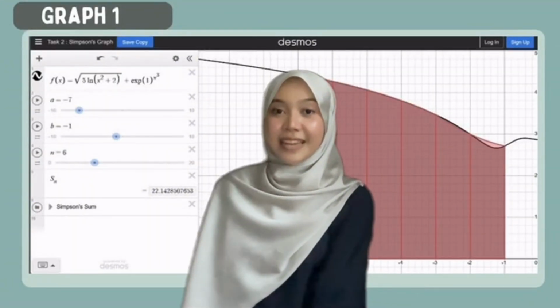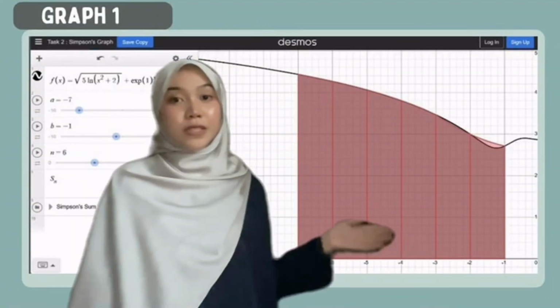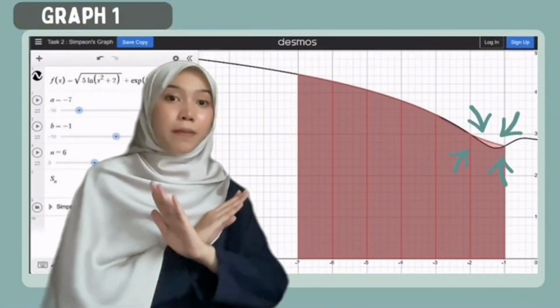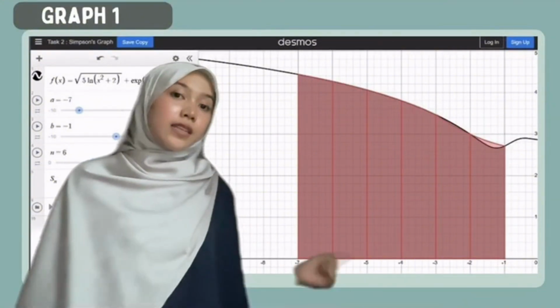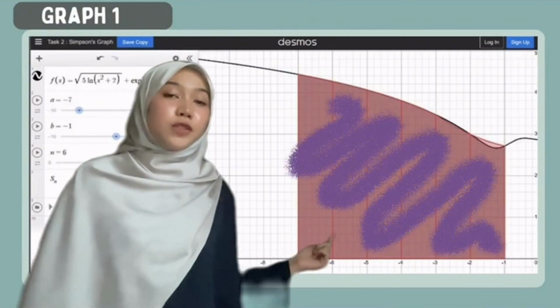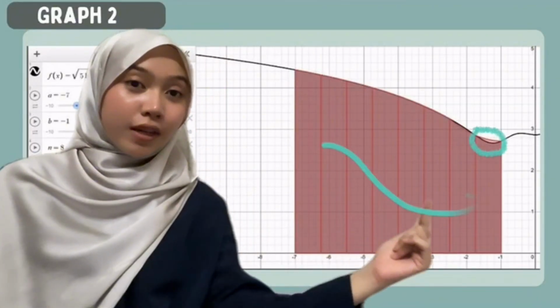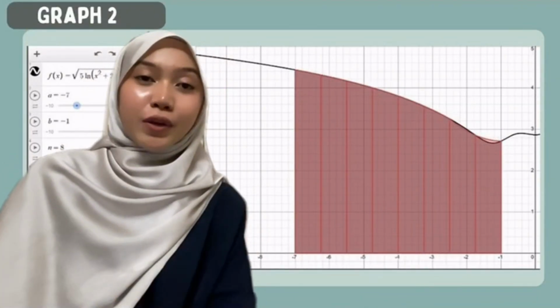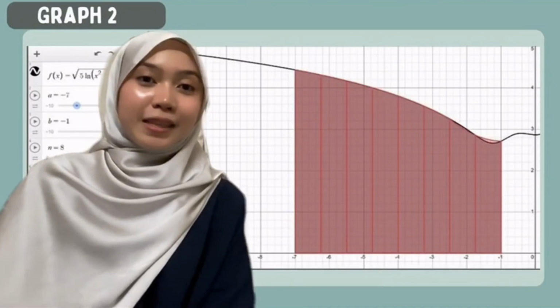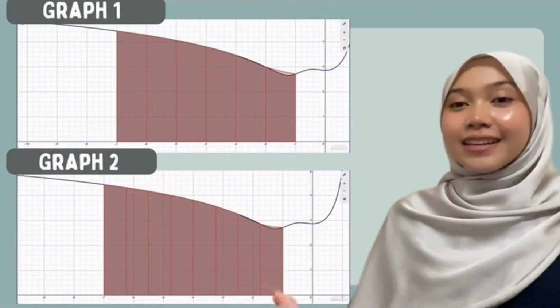As we can see, when we set n equal to 6, the approximation graph is wider and does not match the curve clearly. This causes the estimation of the area under the curve to be less accurate. Compared to graph 2, when we set n equal to 8, the approximation shapes become thinner and follow the curve more closely, leading to a more accurate approximation of the area under the same curve. Therefore, it can be said that as the number of the subinterval